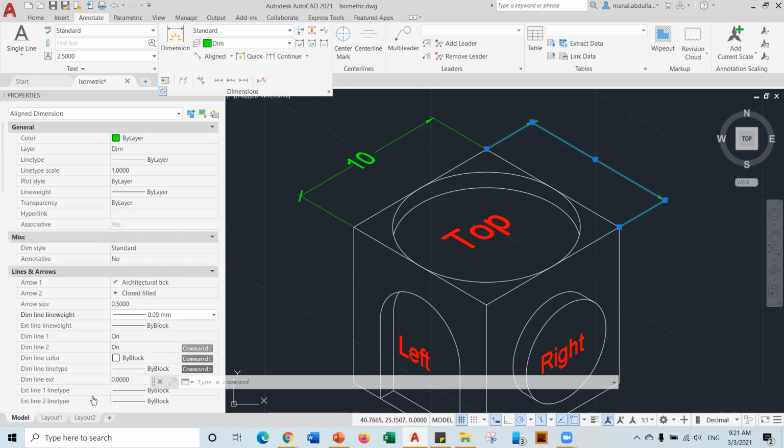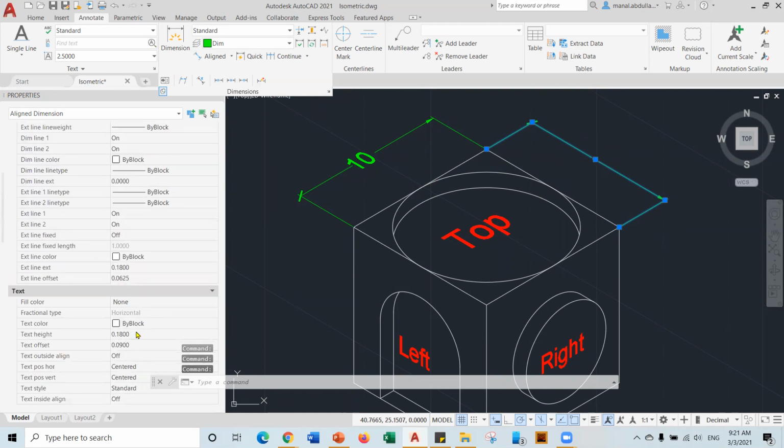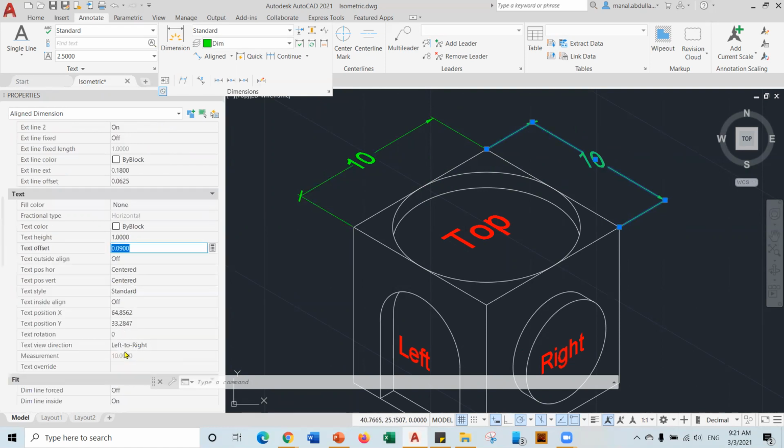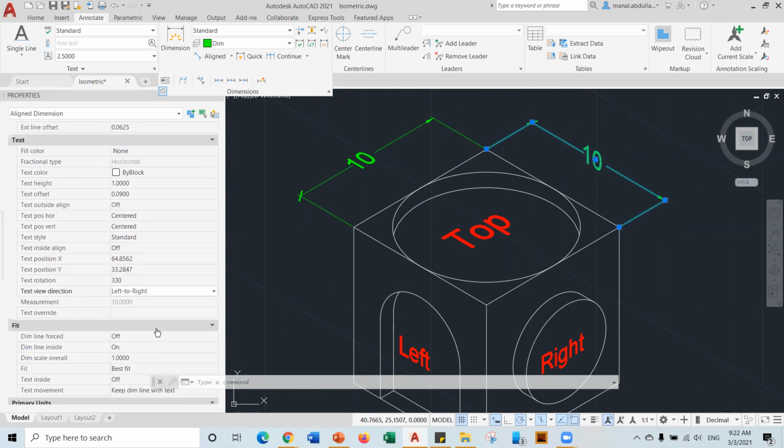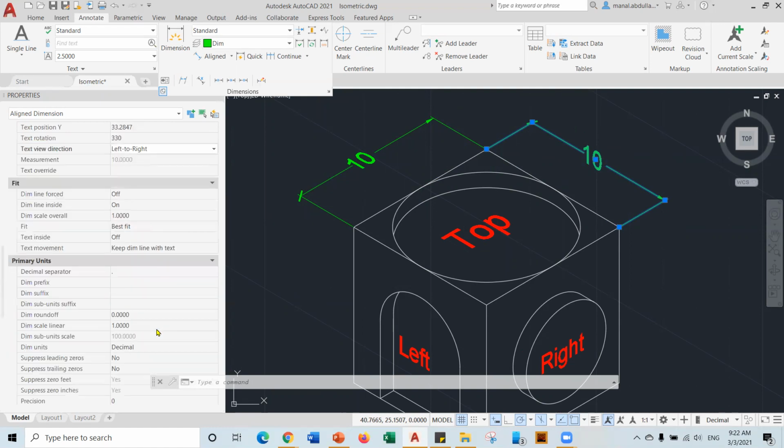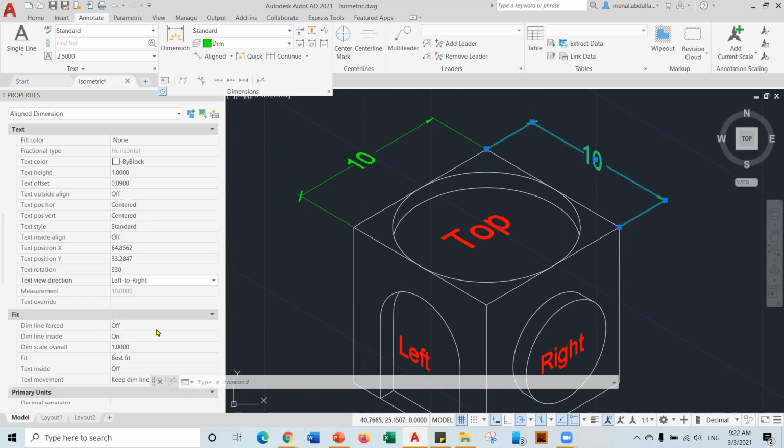Scroll down here. Let's get the text height 1. What else here do we need to do? Text rotation. Let's make that 30. Or if you need negative 30, let's see the difference. Okay, and let's see what else we can change from there. I really encourage you to go and check what you can do